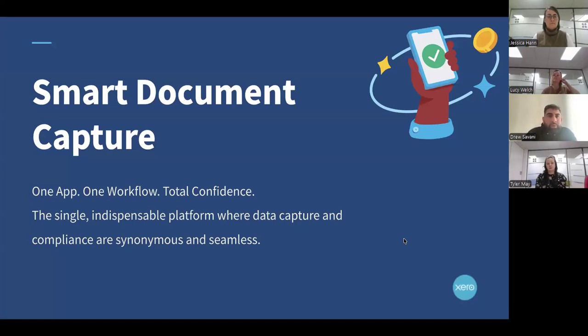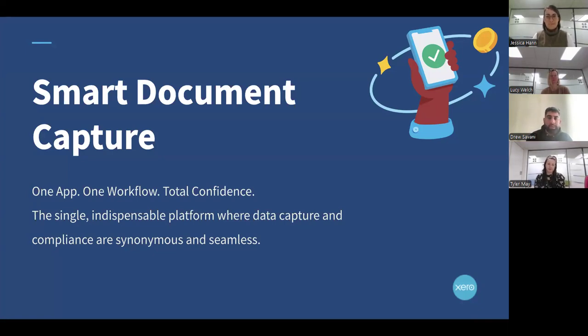With Xero, we have now introduced smart document capture or smart data capture. This can all be done directly within the Xero mobile phone app. It's designed for when you're on the road, working away, or at any point in time where you receive an invoice or a receipt from a supplier or you've made some purchases.